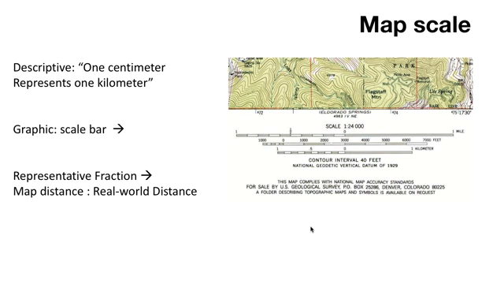Perhaps the most accurate way to express scale on a map is as a representative fraction, or as two numbers and the ratio between them. The numerator, or the first number, is map distance, and the denominator, or second number, is real-world distance. One of the important things to note about expressing scale as a representative fraction is that it is unit neutral. That is, it doesn't matter what unit we use to actually determine or measure distance on this particular map.